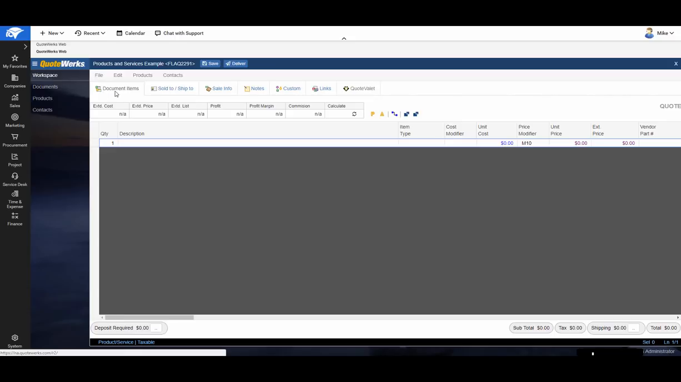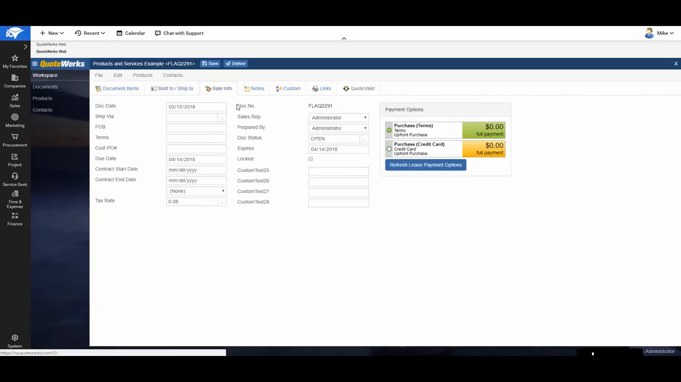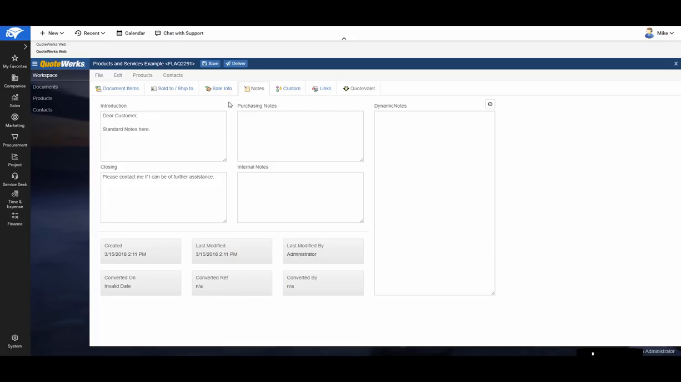we have our QuoteWerks tabs of document items, where your products and services will be listed, sold to, shipped to, where you can pull your customer contact information directly from ConnectWise into QuoteWerks, your sale info tab, which would be your document-specific information such as the document date, tax rates, sales rep and prepared by fields, as well as the expiration dates, your notes field, where you can add default customer notes to include in your document, the custom tab,